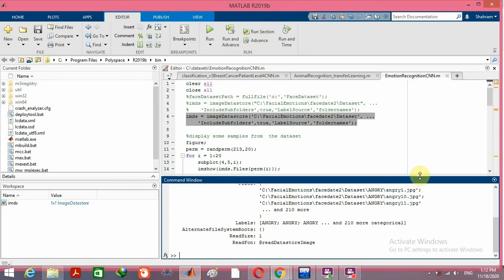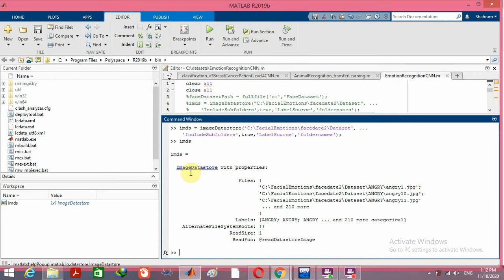As you can see, imds is an image data store with these properties. There is one property as files, another one is labels, and some other ones which are not important for me. So as you can see, all of the 213 images that I have in the dataset, all of their paths are added to the files property of this image data store. So actually we didn't load all of them in memory, only their paths are now available in the files property. For example, check it,